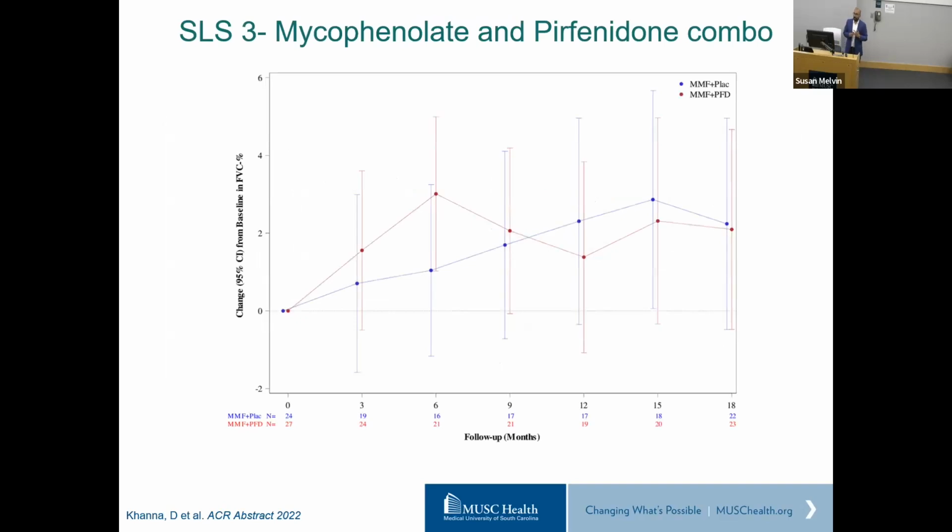There was a study that looked at the mycophenolate and pirfenidone combo. In this one, you can see that the endpoints were comparable. Pirfenidone is another one of the antifibrotic drugs. These drugs were initially studied in another form of lung disease called idiopathic pulmonary fibrosis, which is a form of ILD. That's why they were then used in scleroderma ILD and studied together. So this did not really meet an endpoint, as there was no discernible difference. So pirfenidone is currently not approved in its pill form for scleroderma ILD.